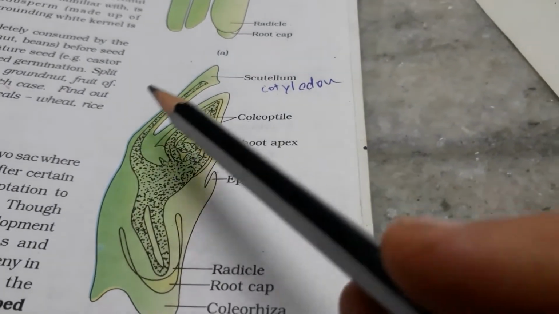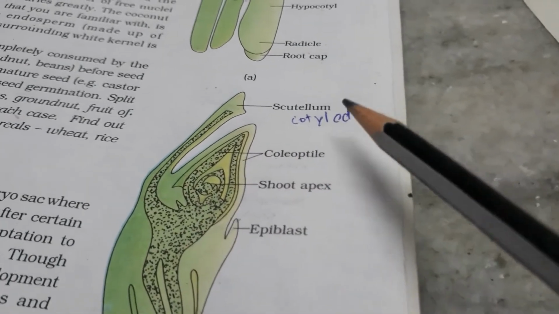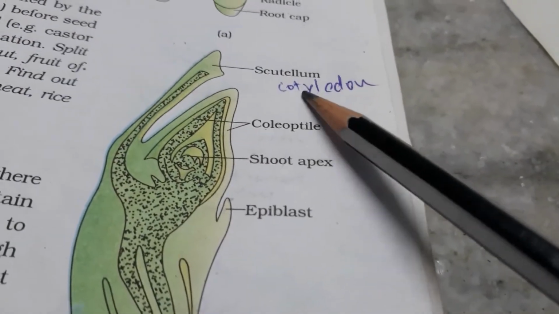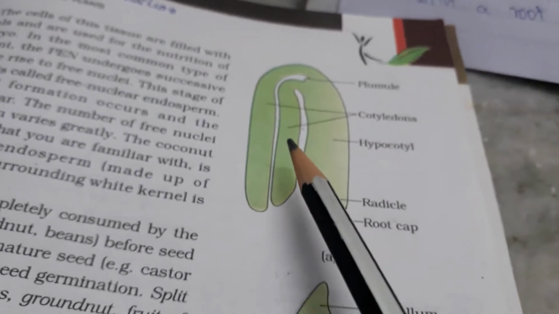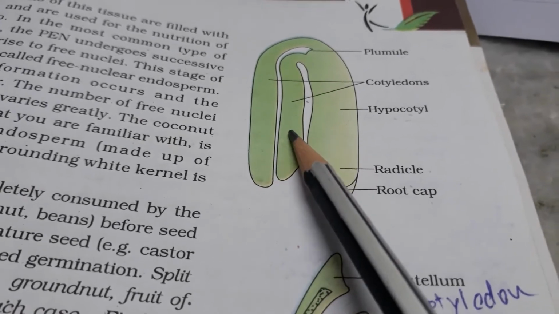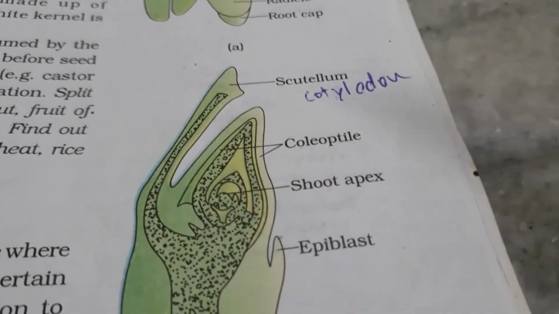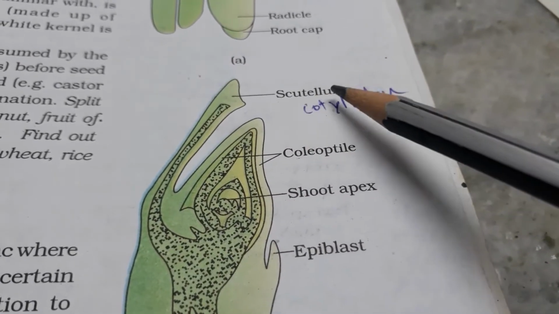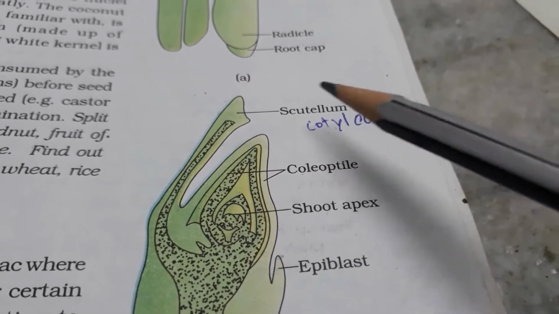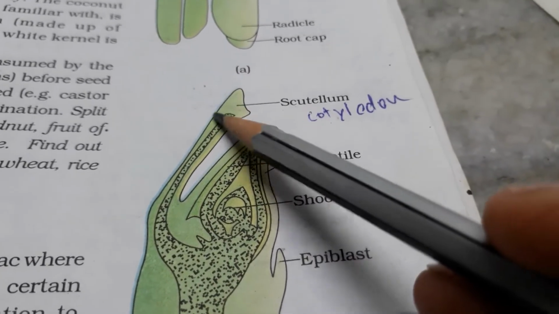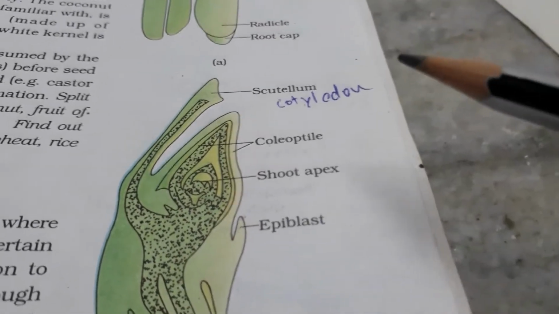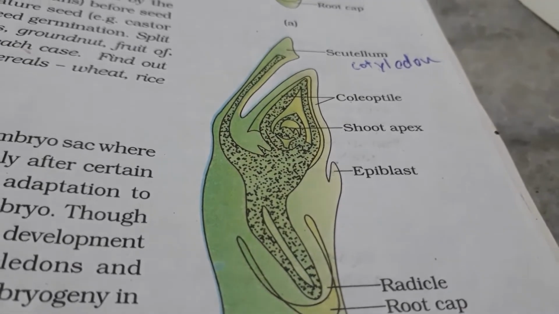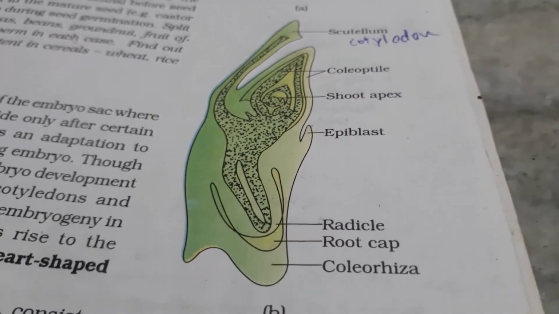This is a monocot, this one. Now over here, it is having only one cotyledon. See, dicot will be having two cotyledons, 1 and 2. And in this diagram, can you see it is written scutellum over here, right over there cotyledon. It means only one cotyledon, because it is a monocot. Now, referring to this diagram, see this carefully.